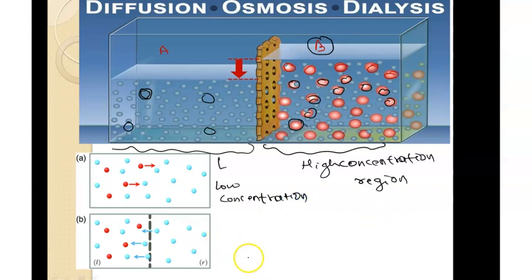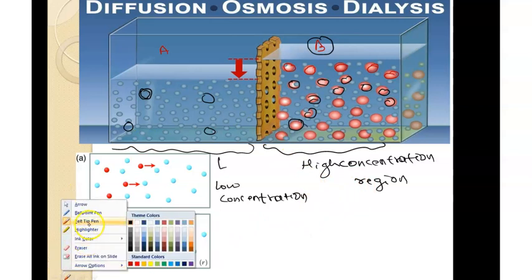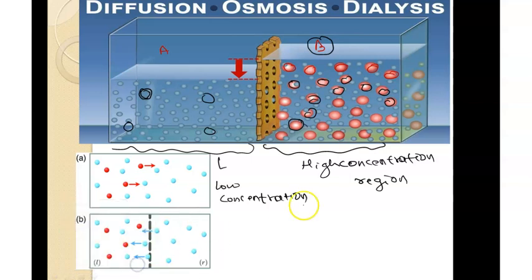The movement of water has to happen how? As I told you in the definition, the movement has to happen from the high concentration region to the low concentration region. Always the exchange should happen from higher concentration to lower concentration, in this direction. This is my high concentration region and this is my low concentration region.